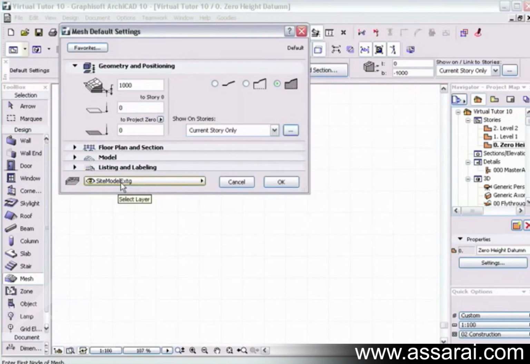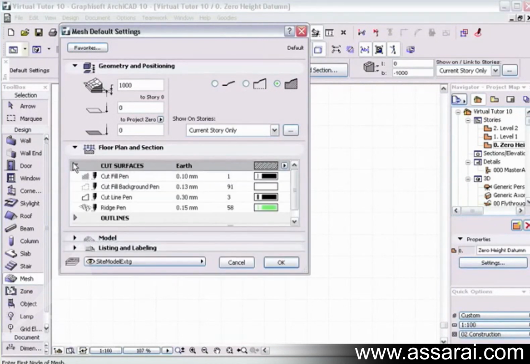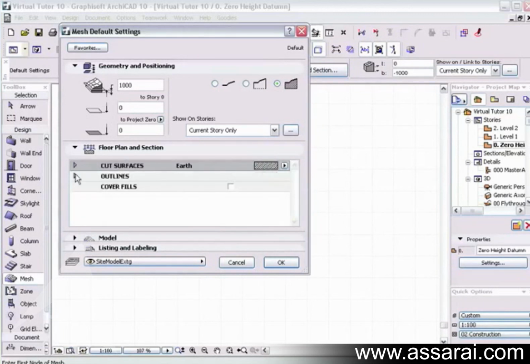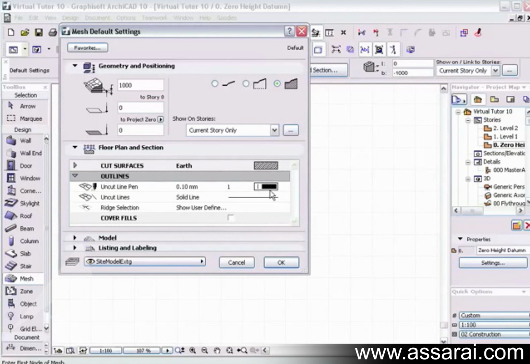At the moment we're going to place this on a site modeling layer. That's our layer that we're actually going to put our mesh on. If I expand the floor plan and section attributes, once again here we have what our mesh will look like if we cut through it. That's the fill that we're going to use. Then the pens, it's all going to be used for this cut. Ridge will be green, or pen number 58. The outlines in the floor plan will be pen number 1, be a solid line,